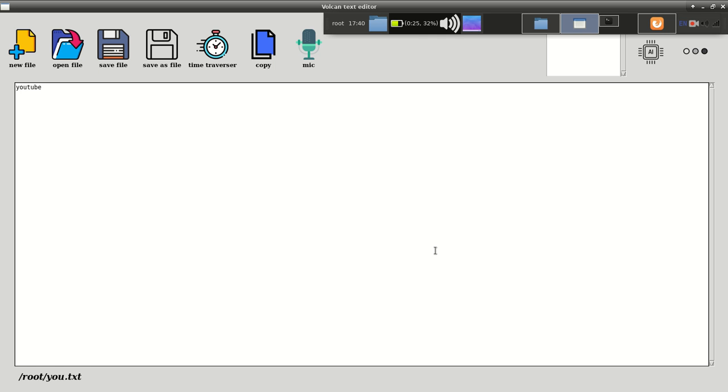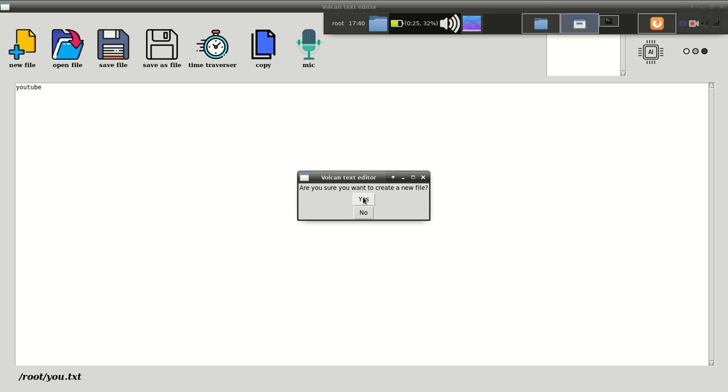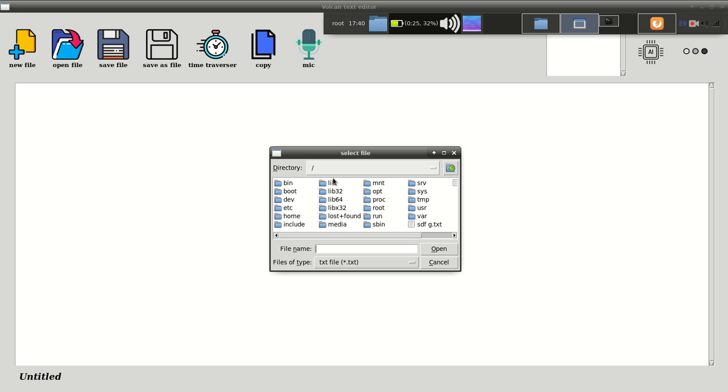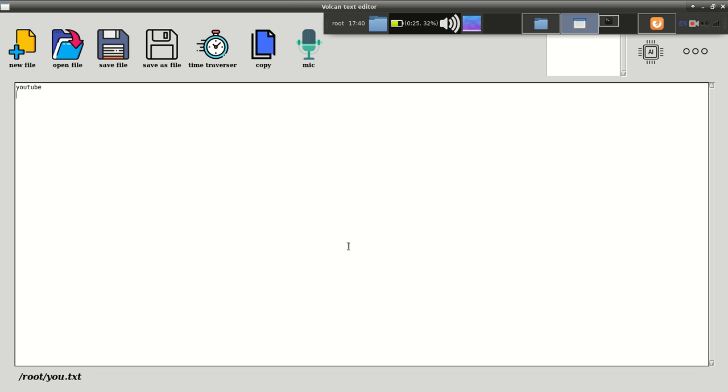So that was the bug. We have to use small w in place of capital W. You can see here content is YouTube and we are in root and the file is u.txt. Now if I click on yes, you can see that here I'm getting untitled. We can also verify that: open file, then root, whether the file has been saved or not. So u.txt, you can see that, and the content about YouTube. So hence, congrats guys, we have saved the content.